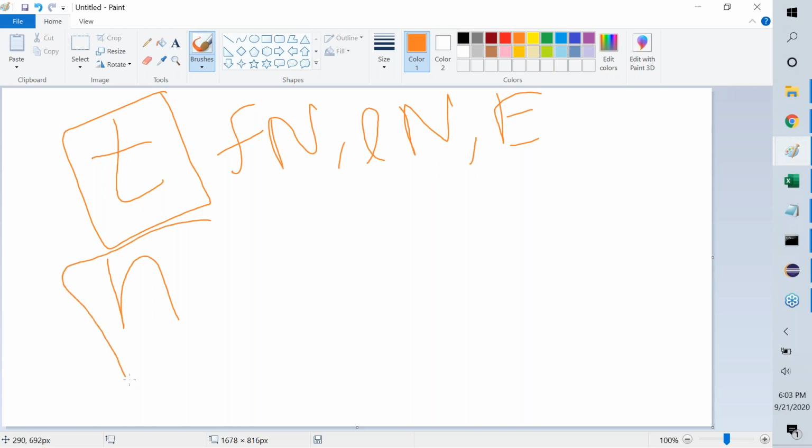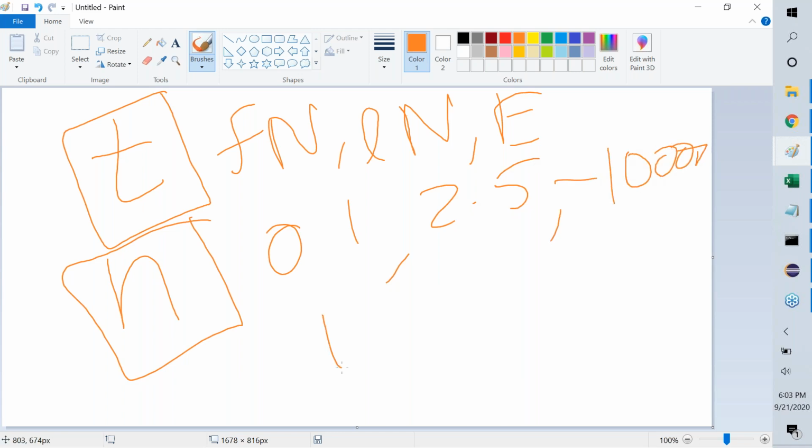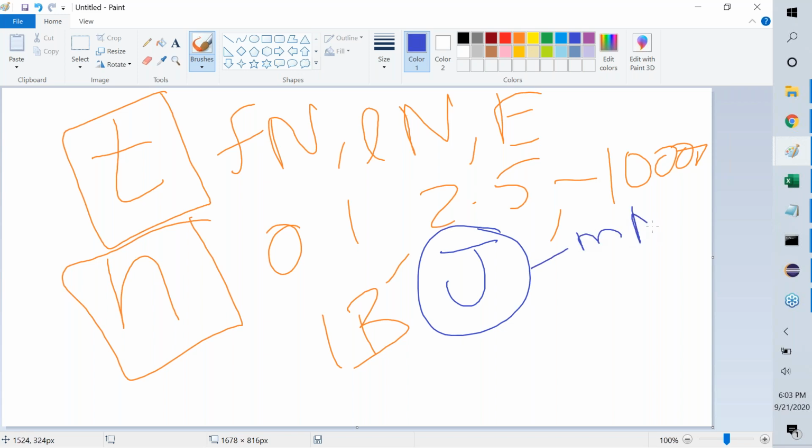And then there are numbers like zeros, ones, 2.5, minus 10,000, and it could be all the way to a billion. So there are numbers with decimals, there are positive numbers, there are negative numbers, and so on. So when Java gets into the action, it talks a lot about memory management in the sense,